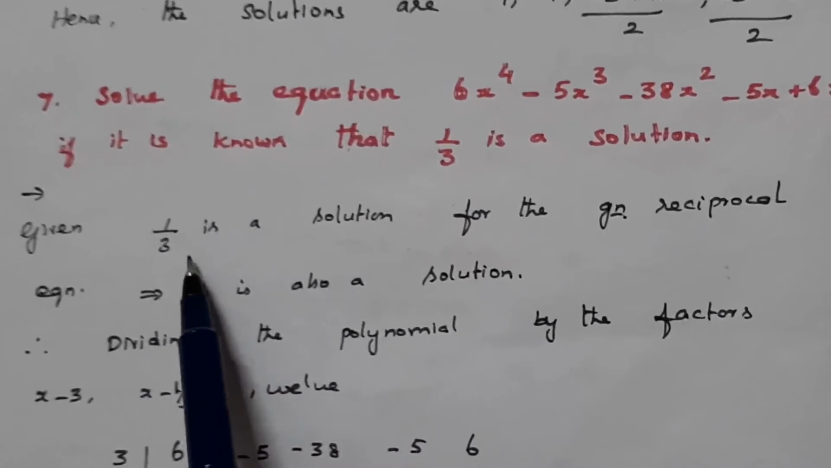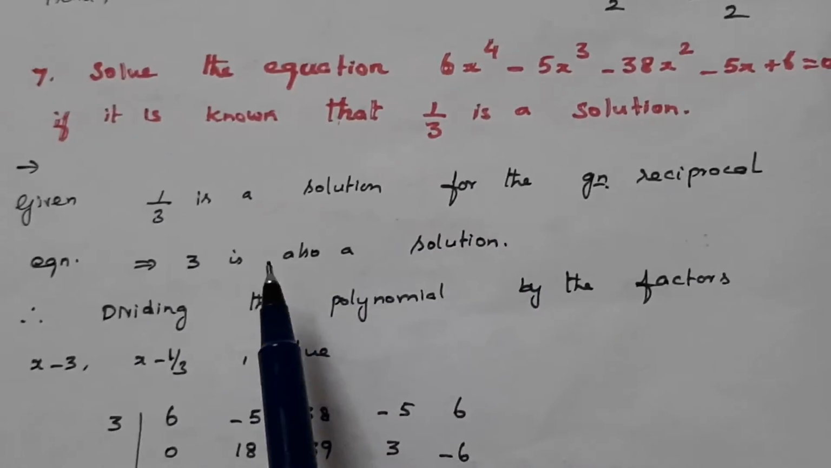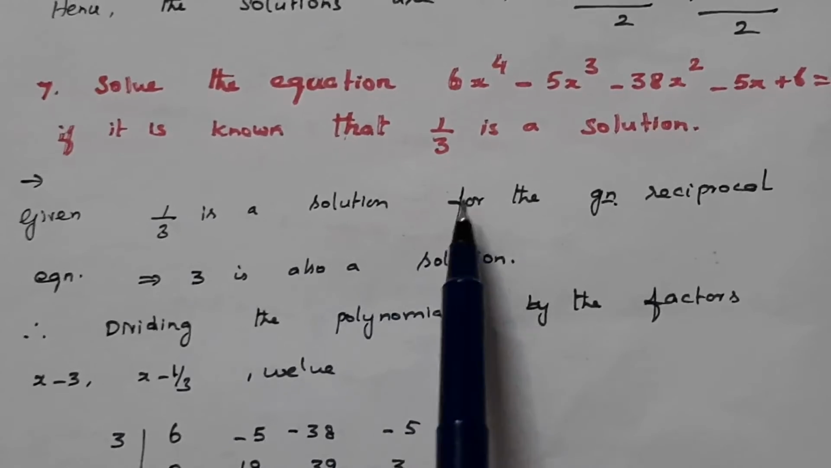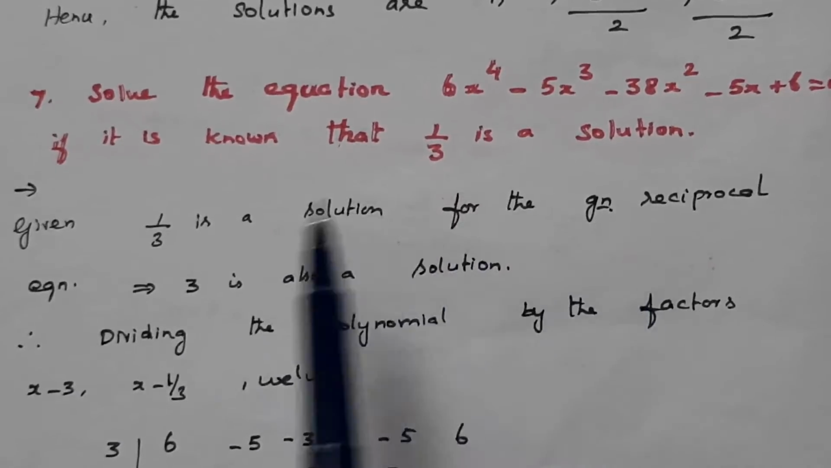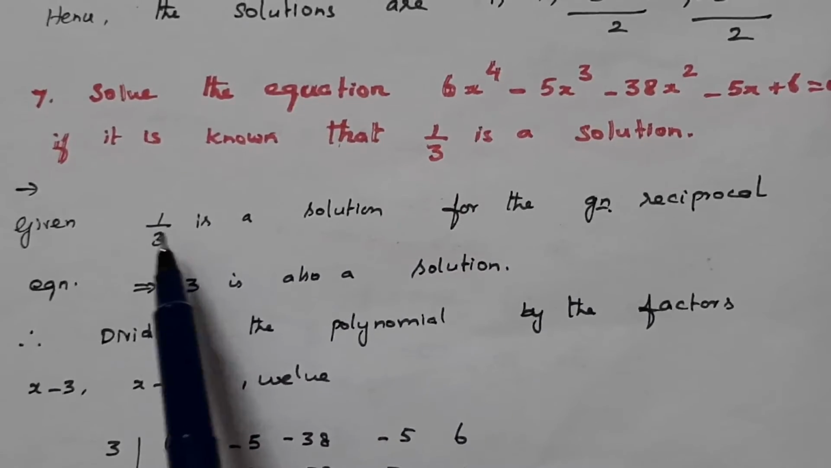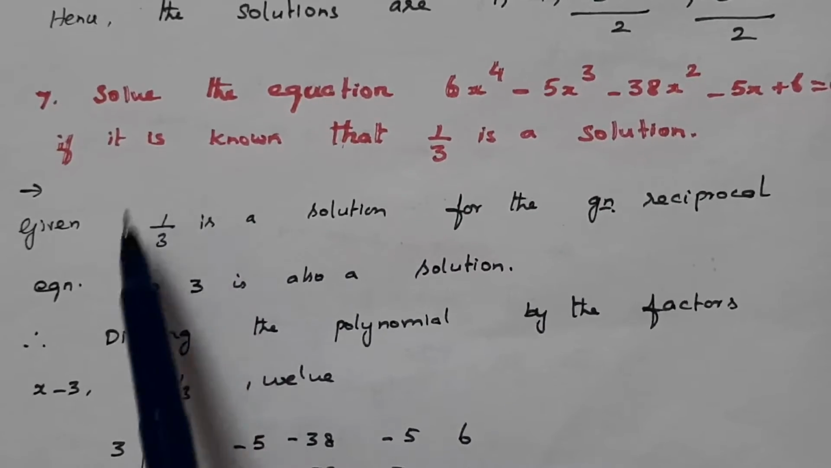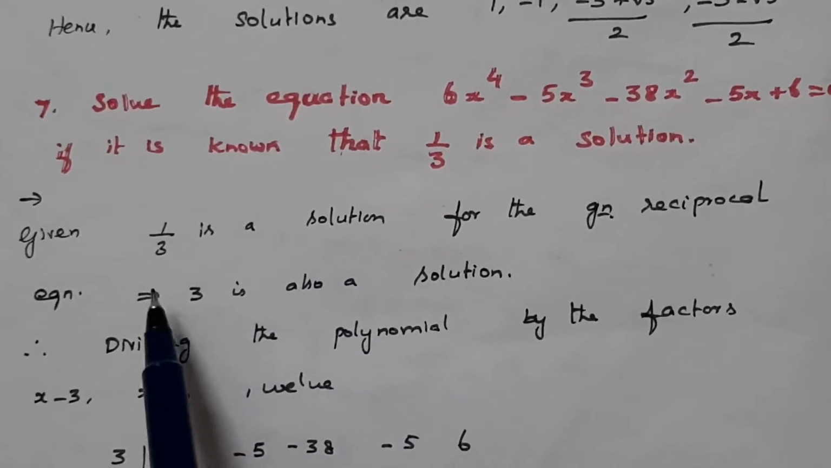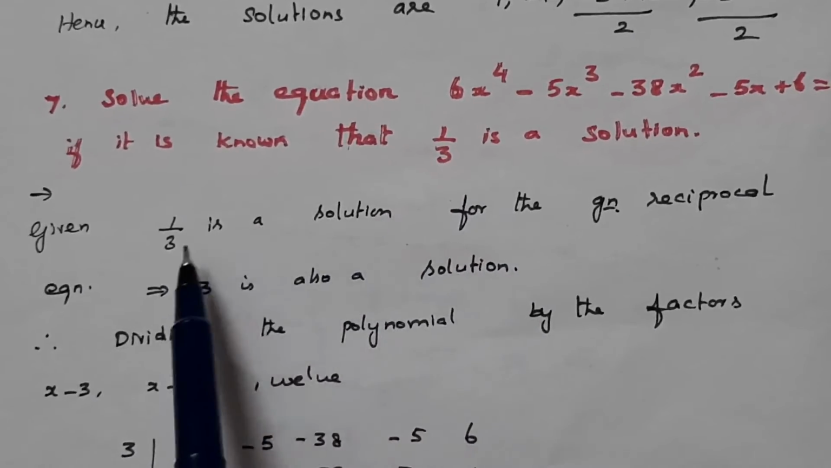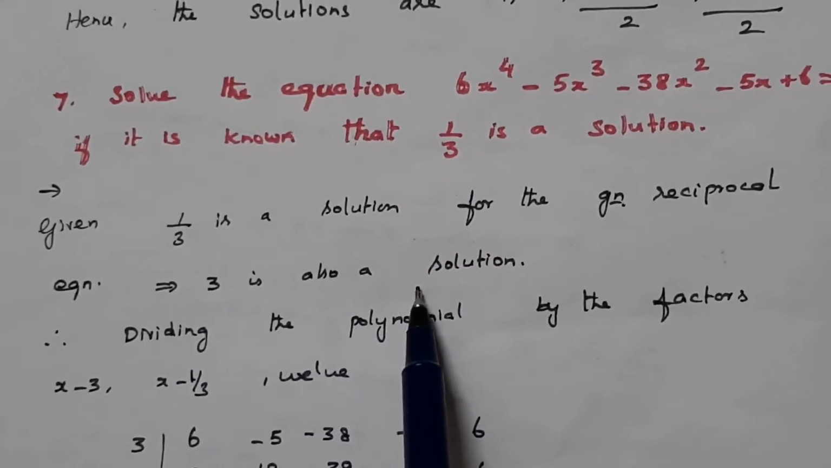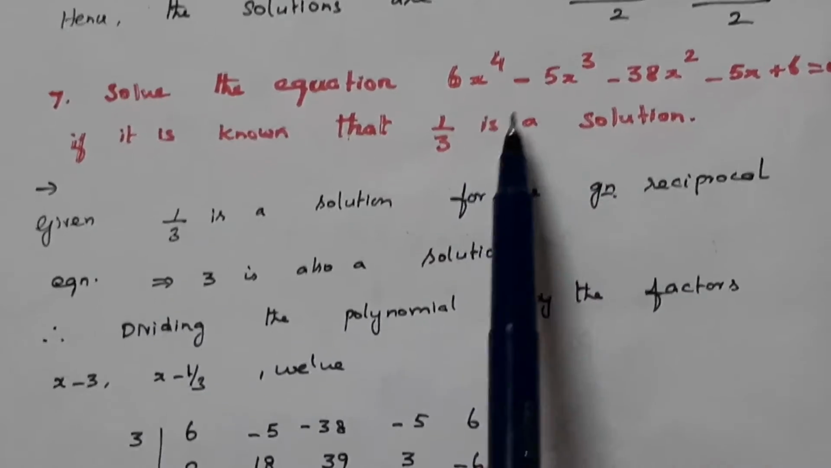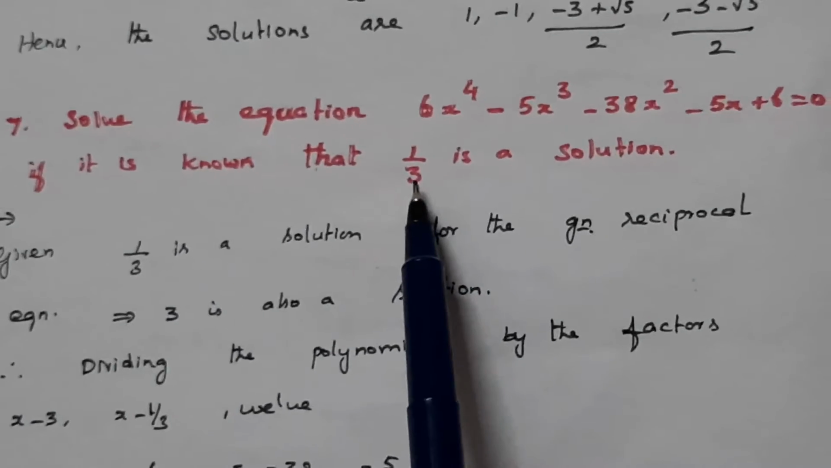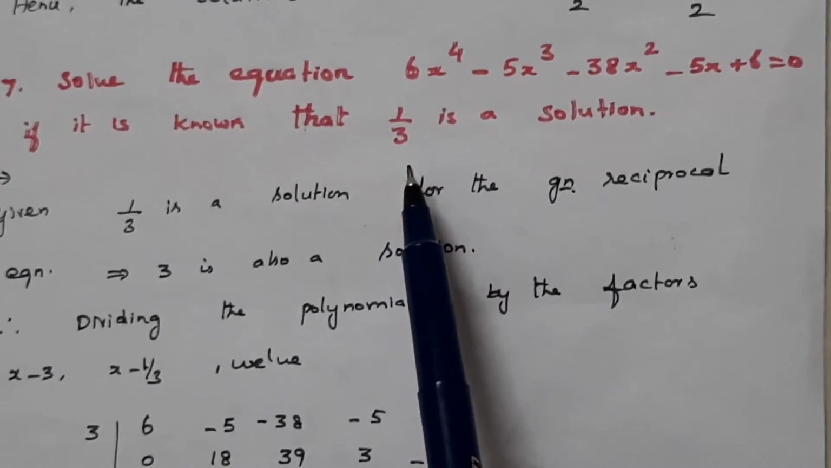So given 1 by 3 is a solution means, for a reciprocal equation, if alpha is a solution, 1 by alpha is also a solution. So given 1 by 3 is a solution means this implies that its reciprocal 3 is also a solution. So we got 1 by 3 and 3 are two solutions for the given equation. Okay. So therefore we can divide the polynomial by the two factors and hence we can reduce it to a